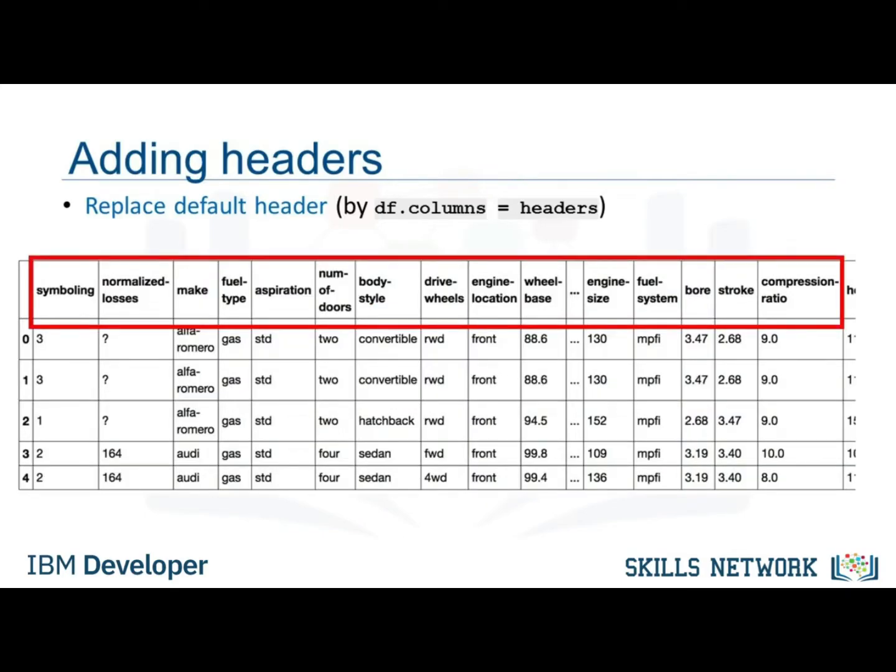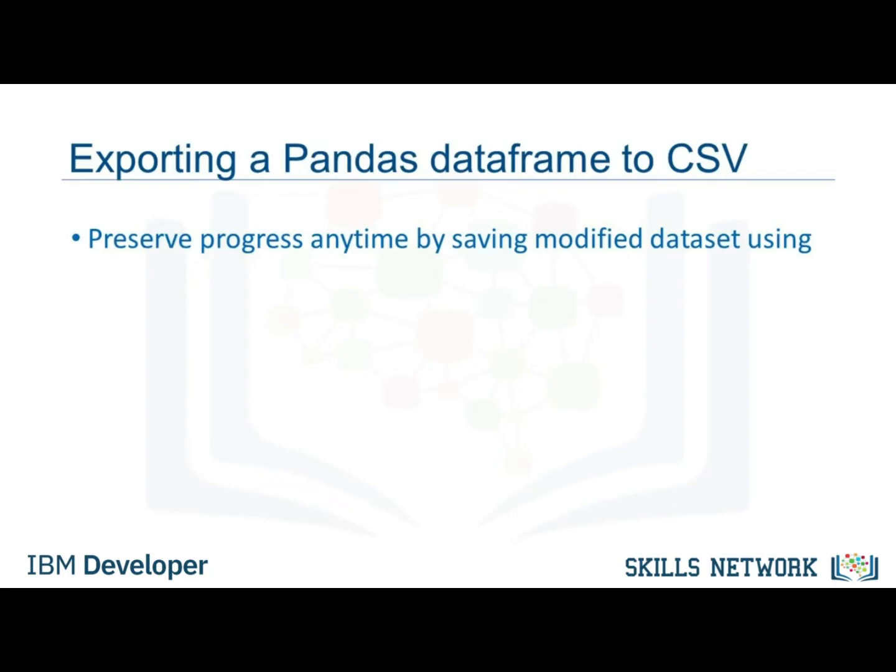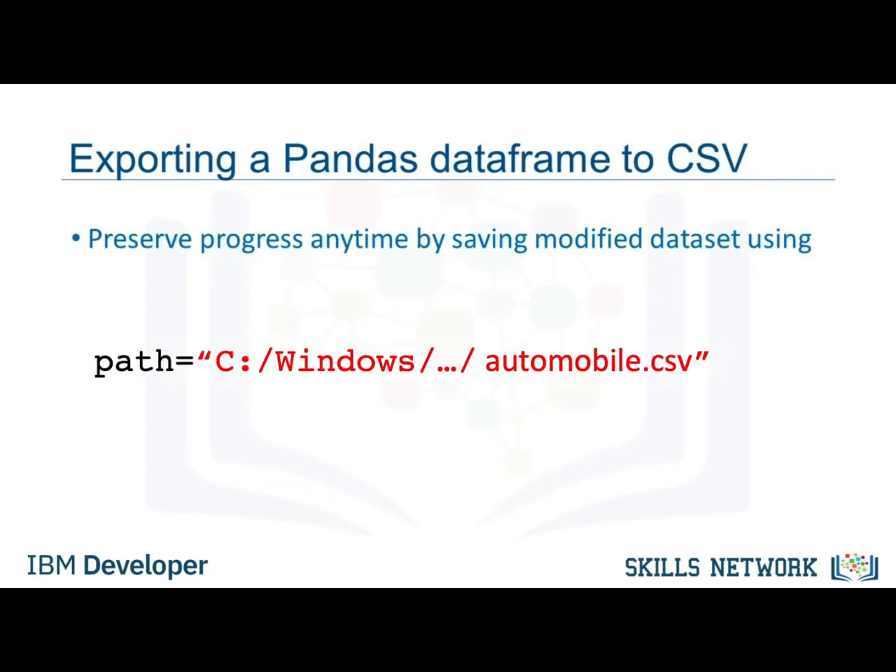At some point in time, after you've done operations on your data frame, you may want to export your pandas data frame to a new CSV file. You can do this using the method to_CSV. To do this, specify the file path, which includes the file name, that you want to write to. For example, if you would like to save data frame df as automobile.csv to your own computer, you can use the syntax